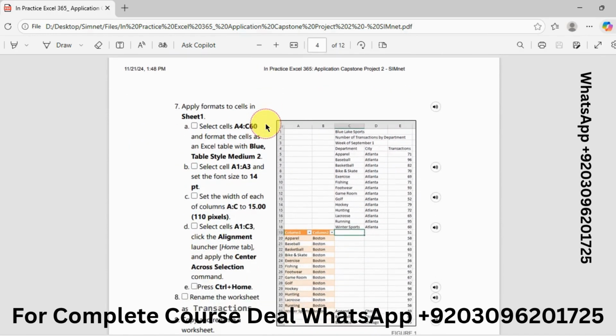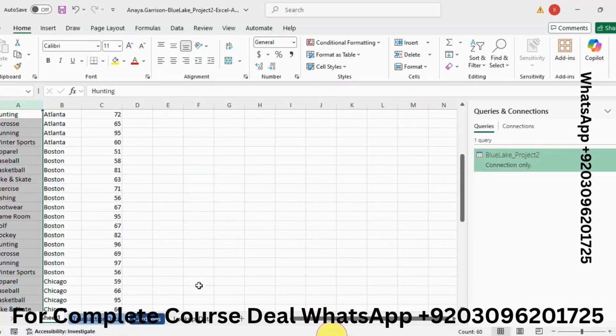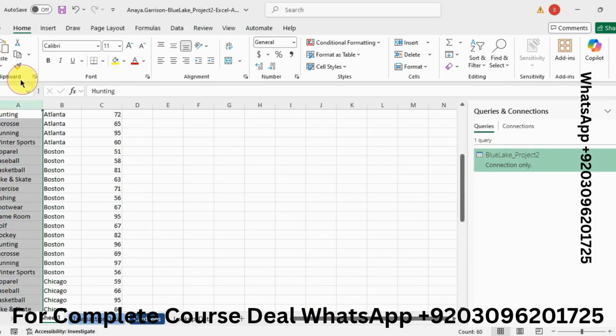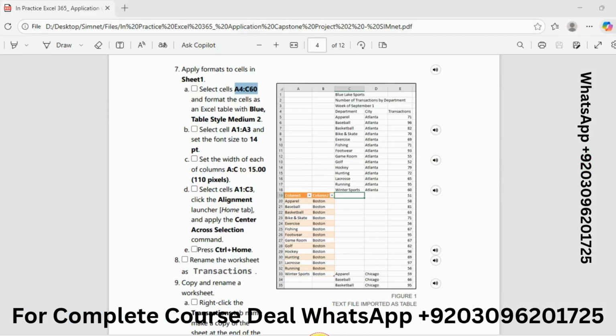Step number 7 is apply format to cells in Sheet 1. So we are in Sheet 1. Part A is select cells A4 to C60, and press Enter to select these values.